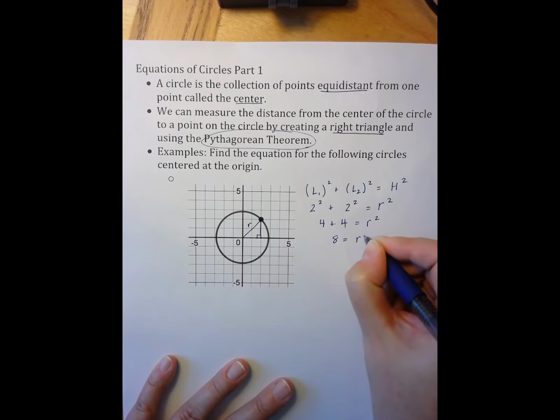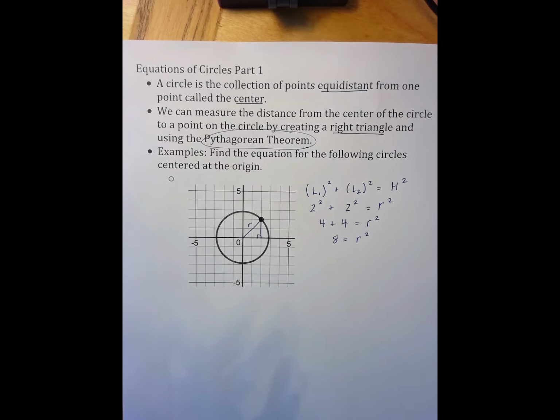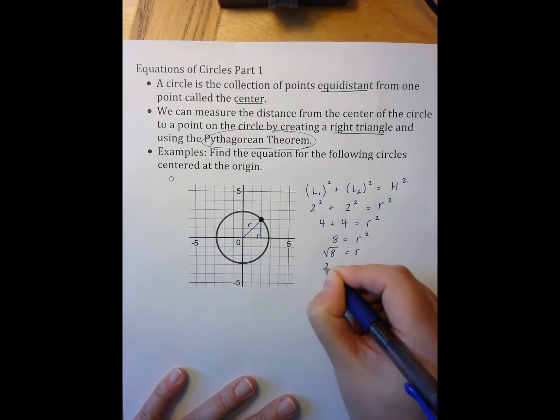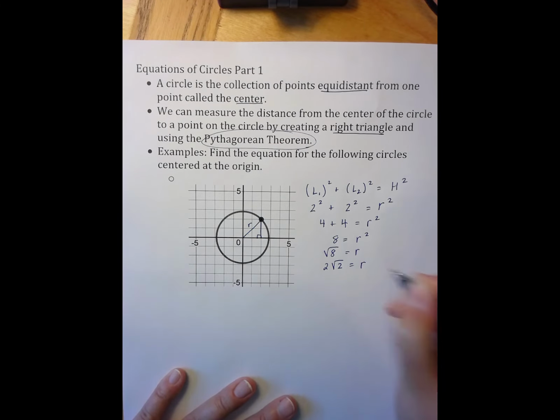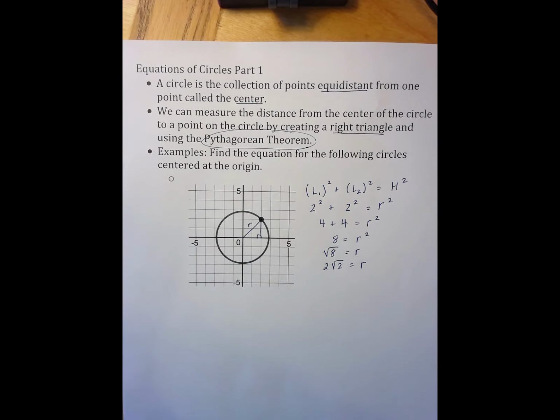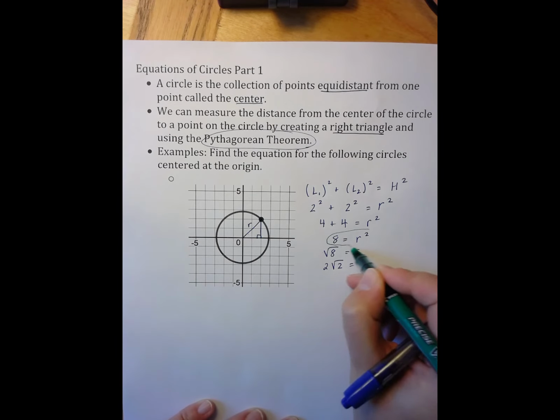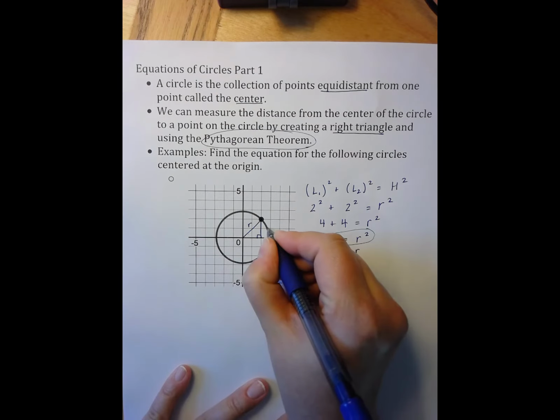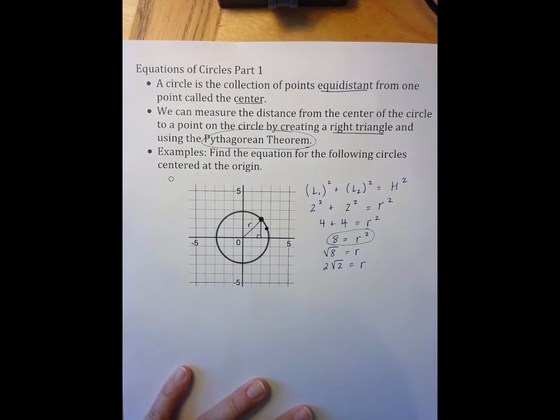8 equals r squared. Now, normally you want to simplify that, right? Like you want to say r equals the square root of 8, which is 2 square root of 2. So that would be the length of r. But you're going to see that for the purposes of writing equations of circles, I actually care more about the r squared length. And that's because I am going to do this process again using this point right here, where